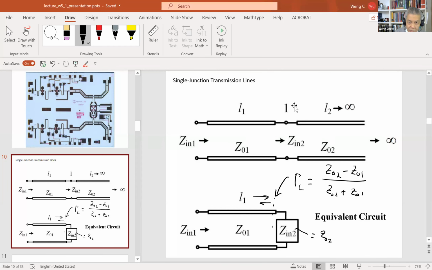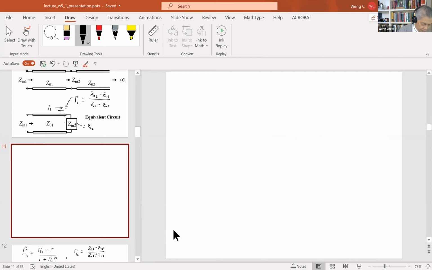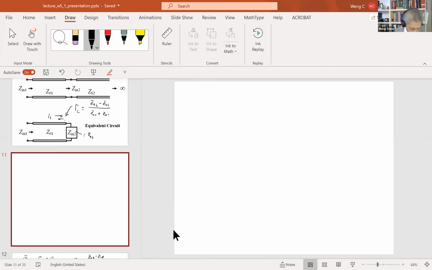so the key thing is to replace this circuit up there with this equivalent circuit down here. And once we know what Z in 2 is, looking this way, we would be able to figure out what Z in 1 is, because we would be able to figure out the reflection coefficient at this end. Let's see how we go about solving this problem. So the key thing is that Z in 1 in the previous picture is